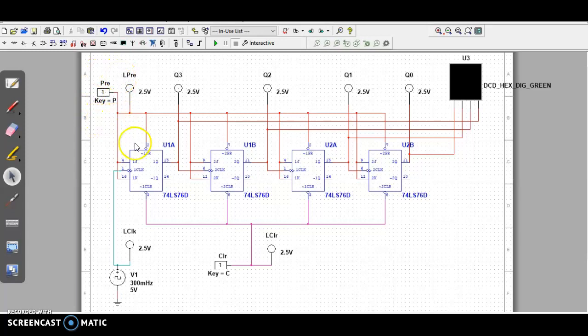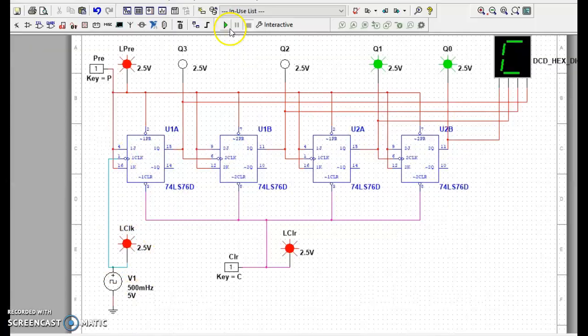Preset input is used to directly put a 1 in the Q output. Clear input is used to directly put a 0 in the Q output of the JK flip-flop. For the indicators, we have used the lights, and only the external clock is used here, as we studied.